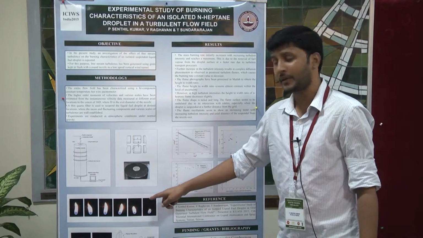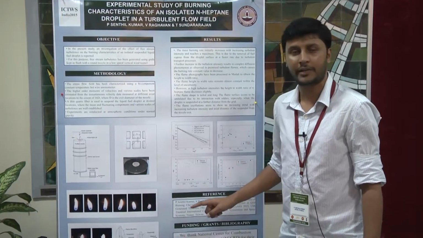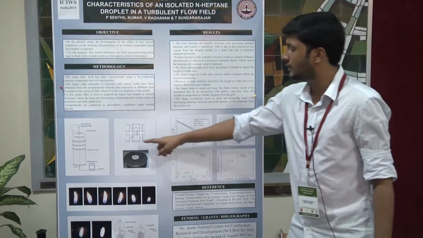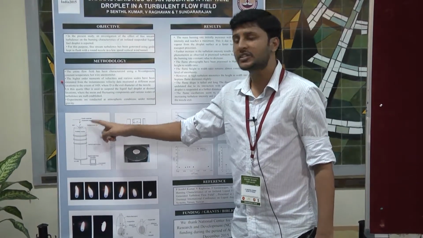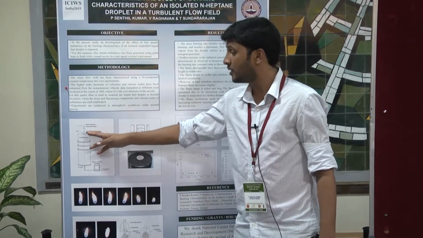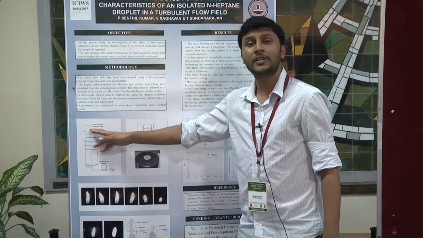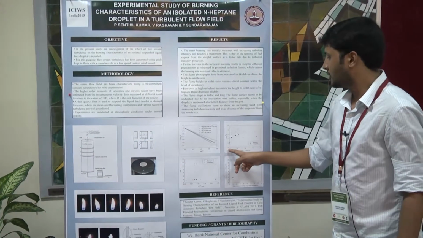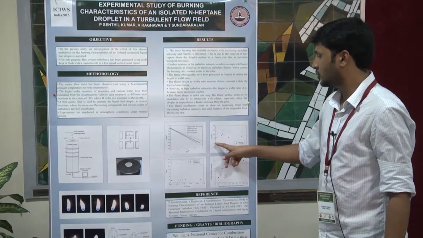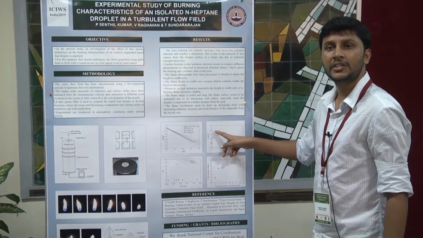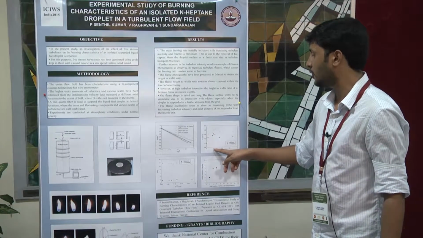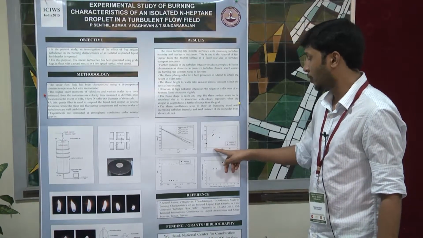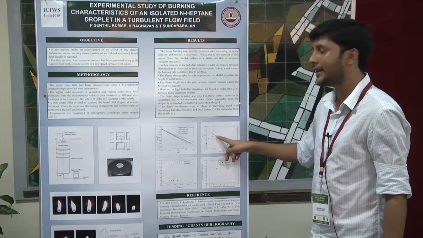droplet can be suspended using the suspender, and the suspender is put at different locations of the flow field, and the interaction between the turbulence and the droplet is analyzed. You see that when the turbulent intensity increases, the mass burning rate increases and reaches a maximum, beyond which, at a fluctuation velocity of about 20%, you could see that the burning rate comes down.